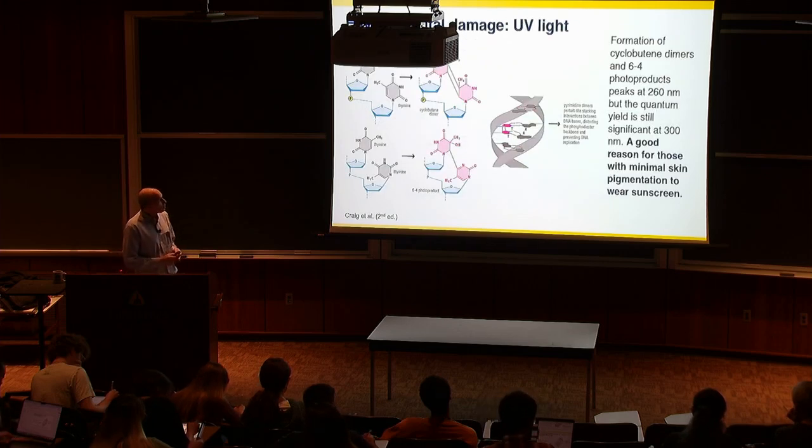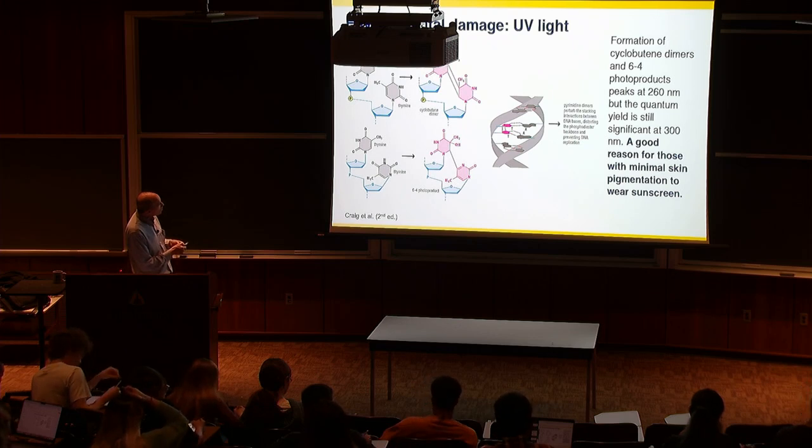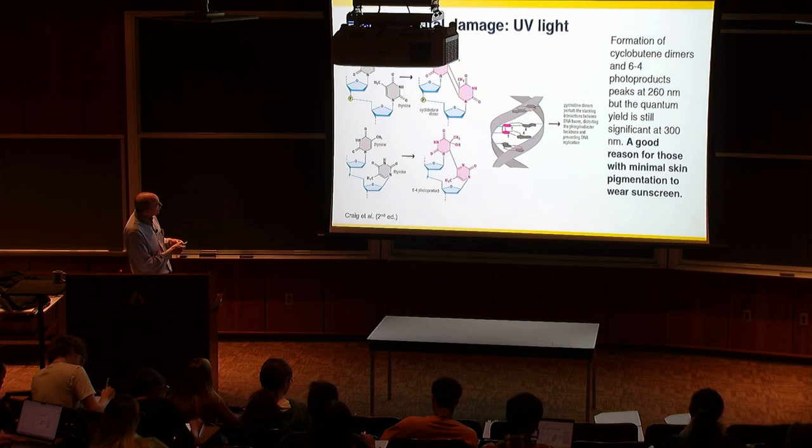Now let's talk not about spontaneous events, but about environmentally induced damage. And there are various ways that happens. One of them is via light absorption. Ultraviolet radiation can induce two especially common adducts. These are a cyclobutane. This should be an A up here. It's not butene, it's butane. Cyclobutane dimer. So when there are two pyrimidines adjacent on the same strand,